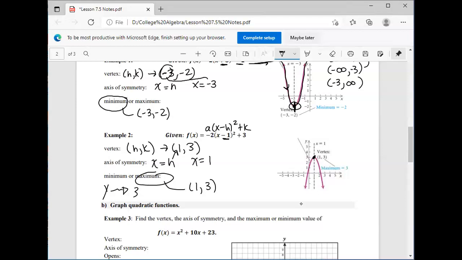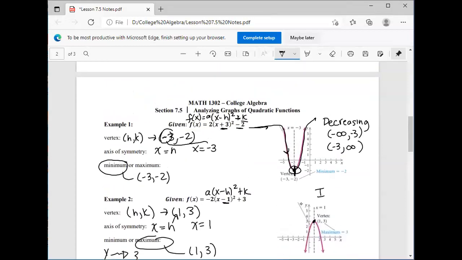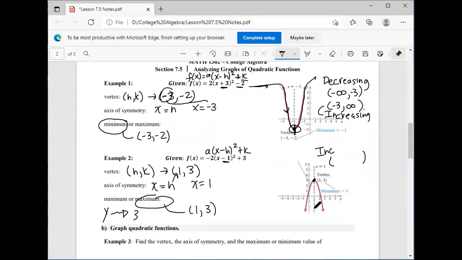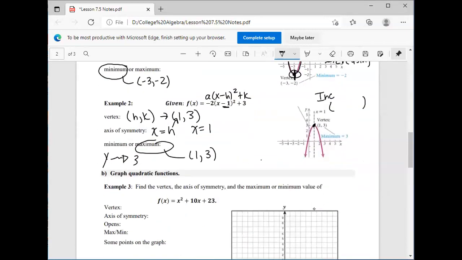This is the specific point it happens at. Does that make sense? So if we talk about increasing, this needs to say increasing. So if we talk about increasing and decreasing, you always want to start from the left and go to the right. So if I start at the left, I'm